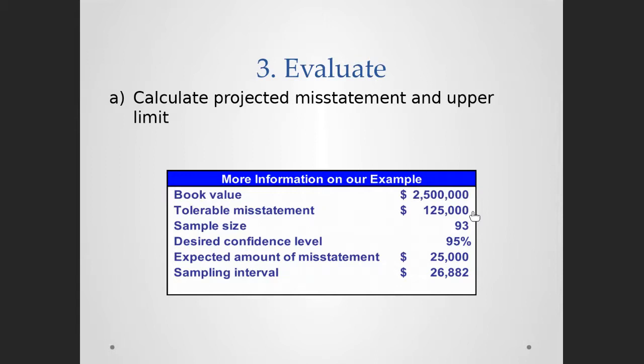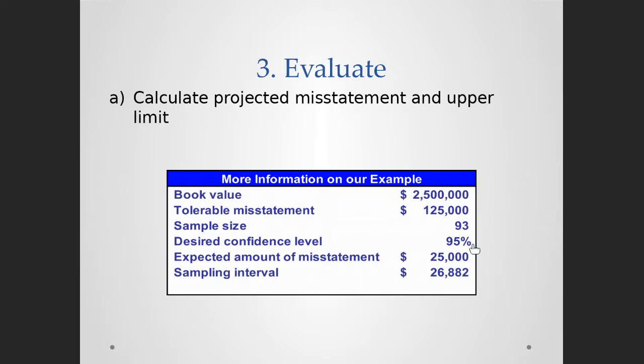We discussed this many times. What does tolerable misstatement mean? Say yes if you agree. Sample size is 93. You know what that means. Desired confidence level is 95%. Everybody should know what that means. 95% confidence means we want to be 95% sure that the sample is,